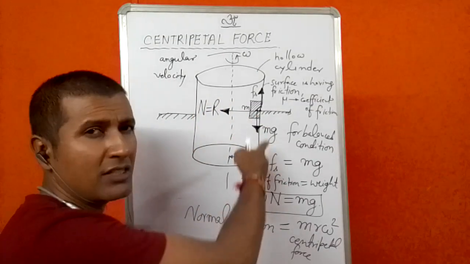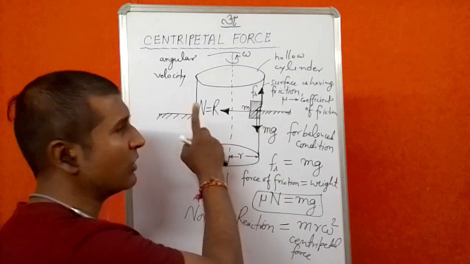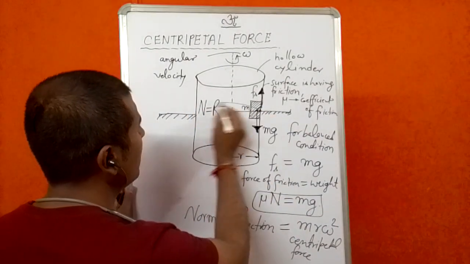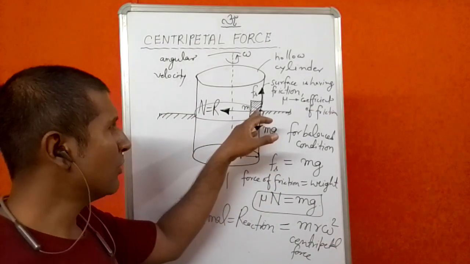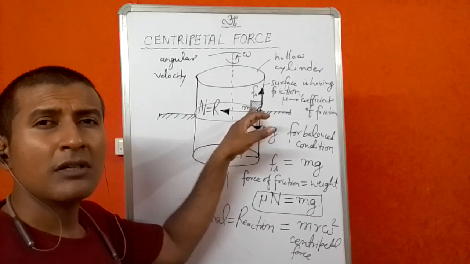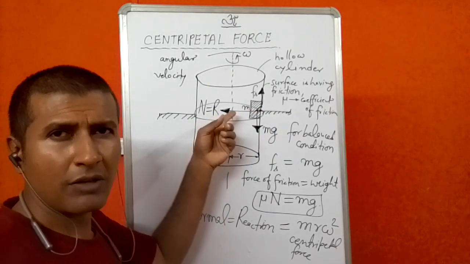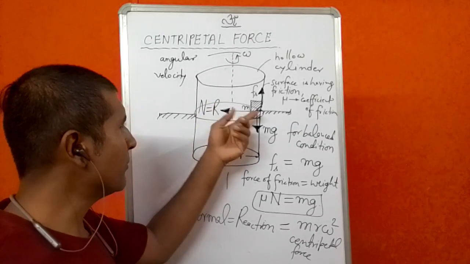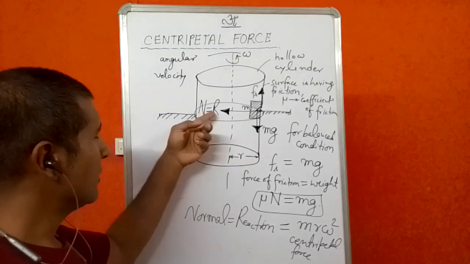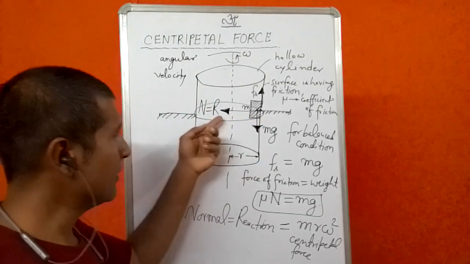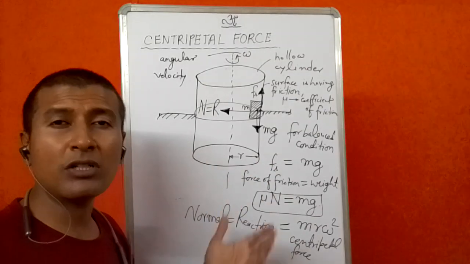If you see, the body doesn't lose the contact, means this body is revolving around this particular point, right? You can make a circle like this. So this particular body must be having a centripetal force applied towards its center, right? Now, how will this centripetal force be provided? It is provided by the normal or the reaction of the surface. Look at here. Are you getting? Because as I have told you, the centripetal force is not a new force.